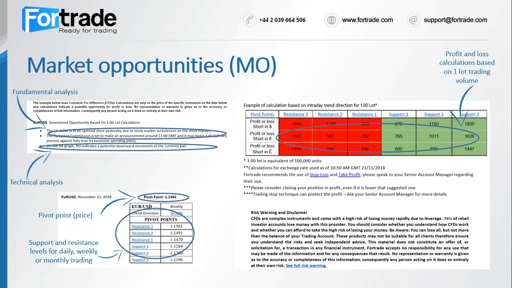It's also important that you know how to use the stop loss and take profit options. You have support and resistance levels further down. At these points you can put a stop loss and take profit, and on the right hand side of the screen you have calculations. If you close the position using take profit, you can expect these kinds of profits at these support levels in green. If the price is going against you, you can potentially have a loss of this amount at these resistance levels in red. Finally, profit and loss calculations are based on a one-lot trading volume.